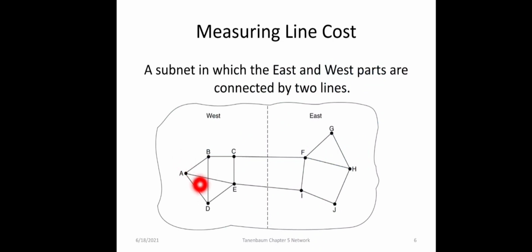We have a subnet which is divided into two different parts, one belonging to the eastern part and the second belonging to the western part. These two subparts of the subnet are connected using two different point-to-point links. One is CF and the other one is EI. Suppose that most of the traffic between these two parts is using the line CF. So this line will definitely be heavily loaded and there will be long delays using this line. And if the queue delay is used in the shortest path calculation, that is, the load is also considered in finding the shortest path, then EI will be more attractive, right?